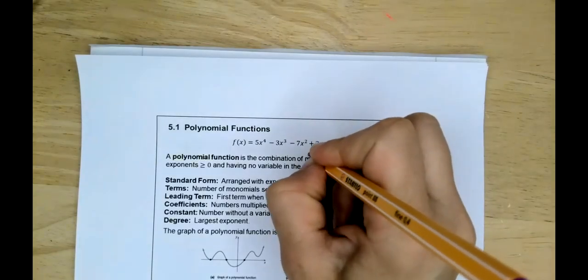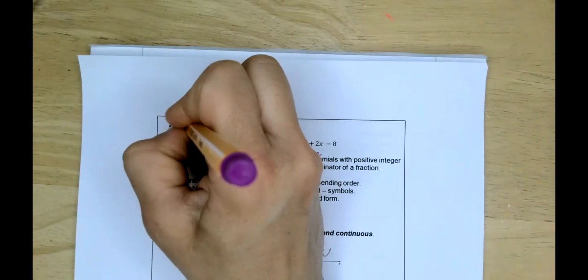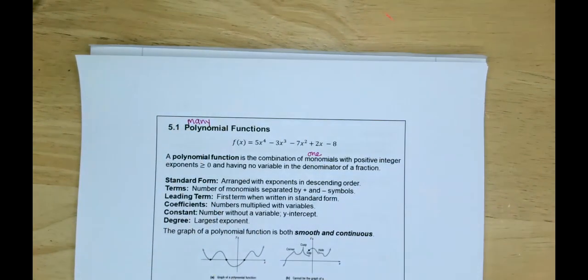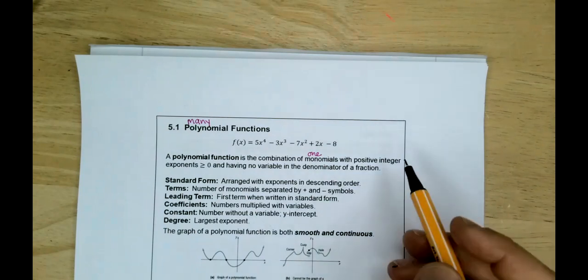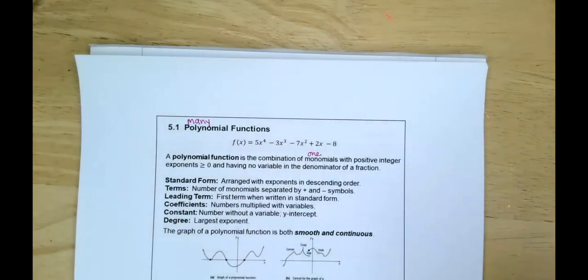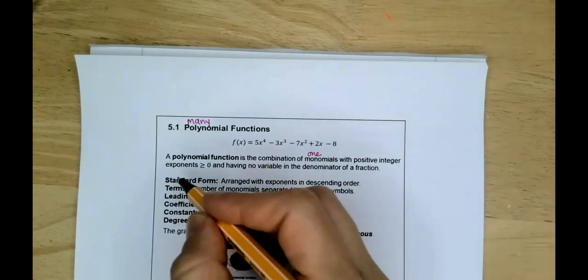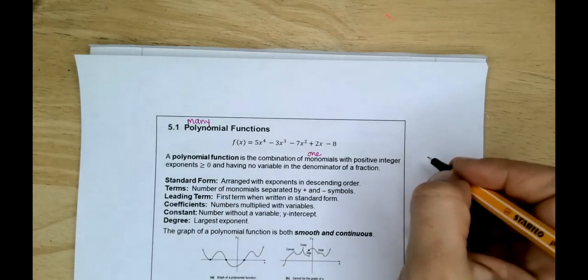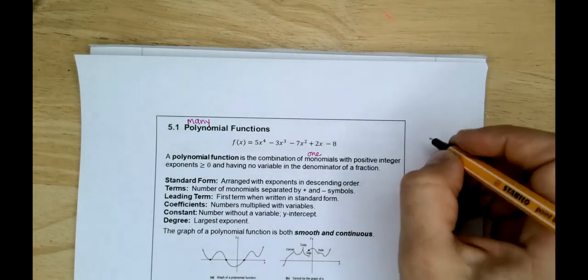Monomial means one, where poly means many, more than one. One number with a positive integer exponent that is greater than or equal to 0, and having no variable in the denominator of a fraction. Okay, so we can have positive integer exponents greater than or equal to 0 and no variable in the denominator of a fraction. So it's a polynomial if